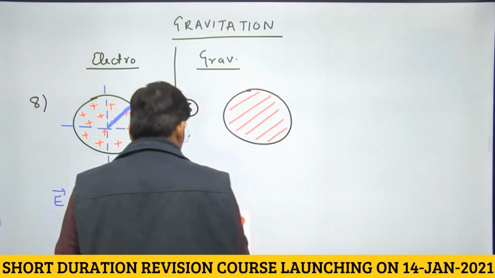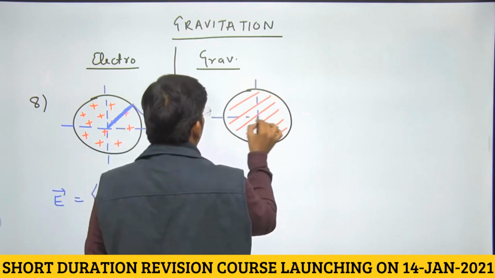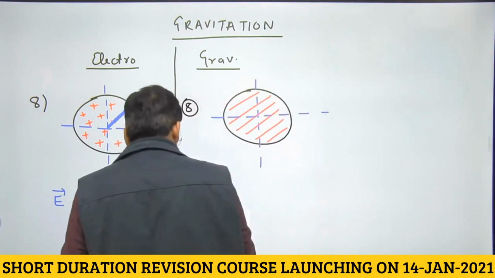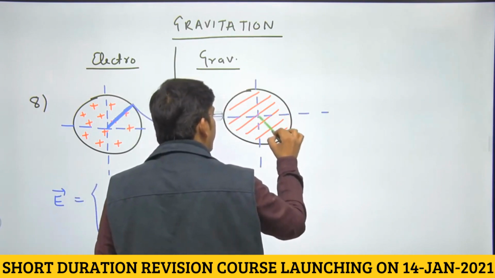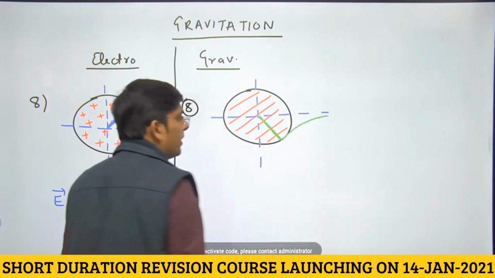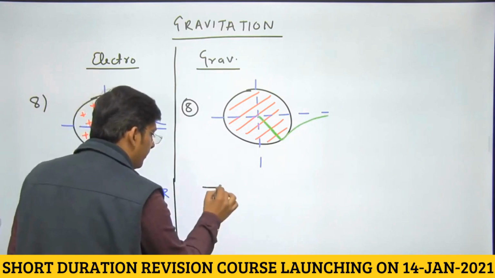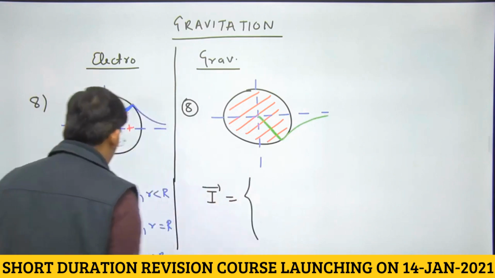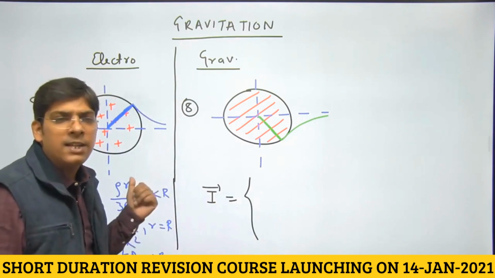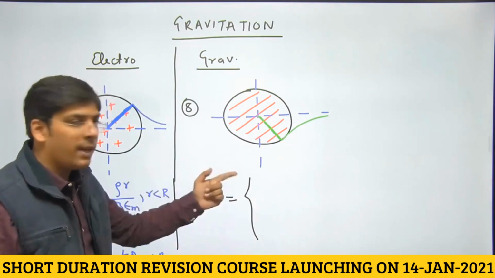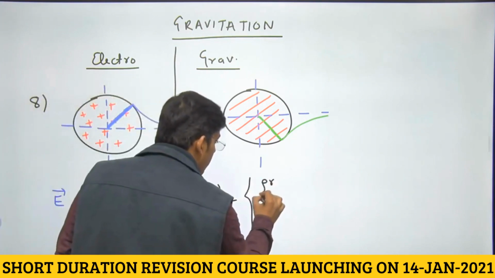See, how do we plot the graph for gravitational field intensity? It increases like this, becomes maximum, varies with 1 by r square, right? Can we write the formula? Yes, we can write. Okay. Rho, r and 3 are not going to change. The only difference is that rho here is charge density, volume charge density, rho here is mass density, volume mass density. So rho r by 3 are not going to change.